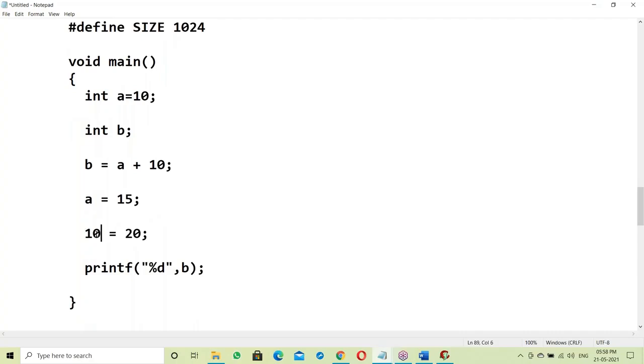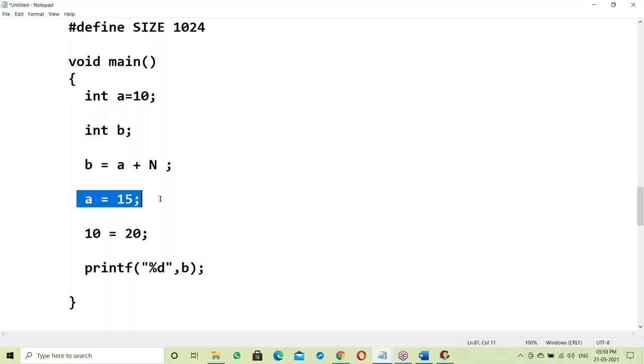After dumping, compiling starts. At compile time, void main is compiled, this is int a. Here at compile time, the statement looks like a plus 10. For the compiler, the statement is a plus 10. But for you, it looks like a plus n. For us it is a plus n, but for the compiler it's a plus 10.